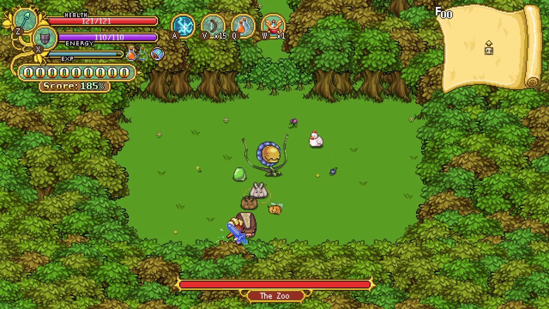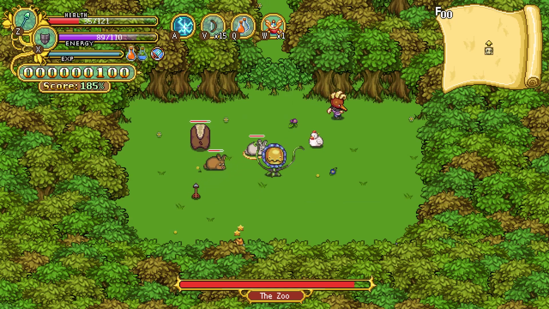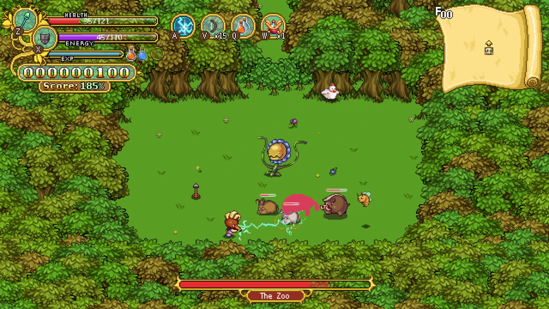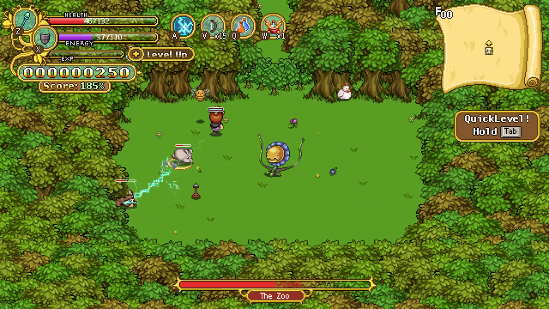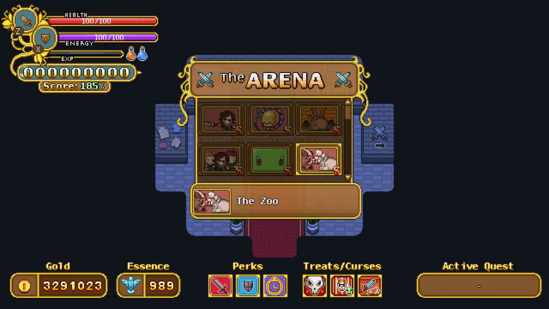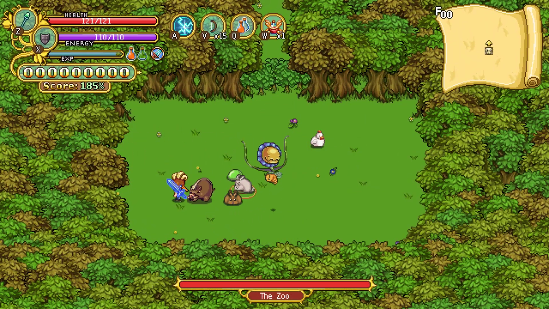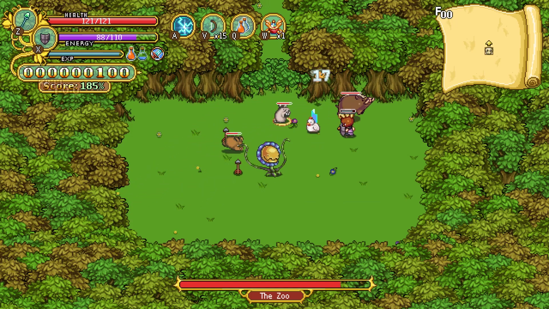So it is a lot easier with magic. That was a pretty bad example because I got hit instantly. I wasn't watching myself as well as I should have been, so I got hit. Let me just try that again. It's definitely a lot easier with magic. If you want to make it easier on yourself and a little less risky,